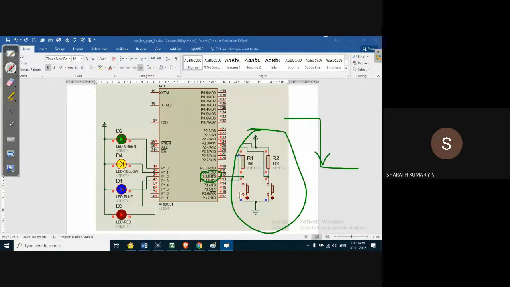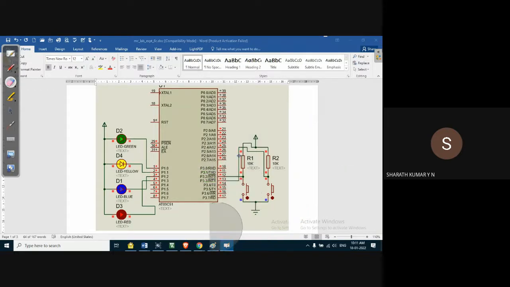So when the switch is pressed, the pins are shorted to ground. When the switch is open, by default they are shorted to VCC, and since it's an active low signal, when it is shorted to VCC, the pins are inactive. When the pins are shorted to ground, pins are active, because it's an active low signal. That's how it is. It's very simple.